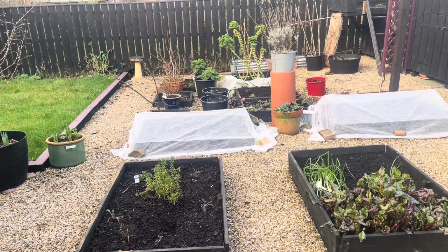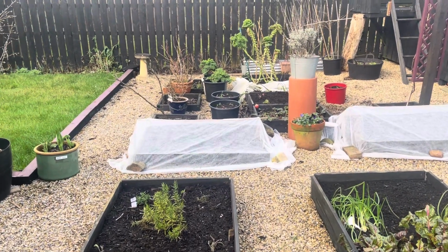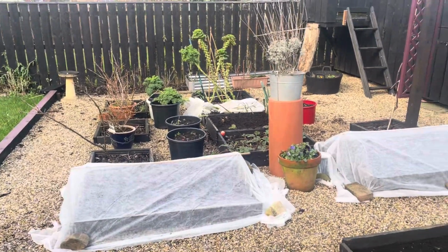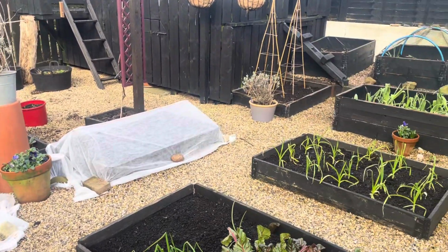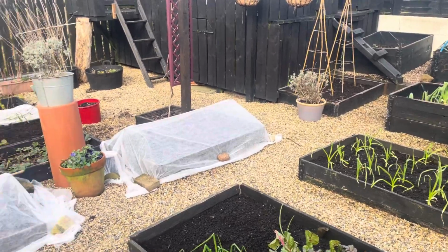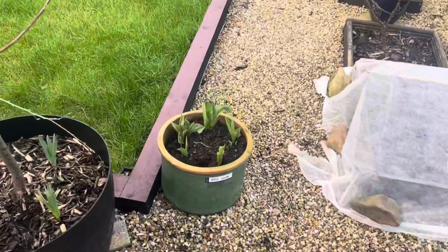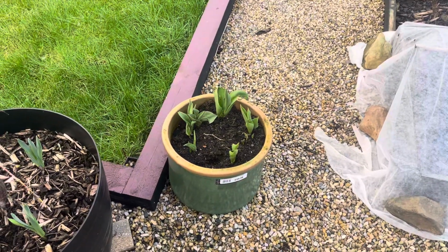Hello folks, I thought I'd do a very quick garden tour for you all. It's February the 15th today, and we're just going to have a very quick walk around my back kitchen garden. So if we just start here, you can see in this pot, the tulips are now starting